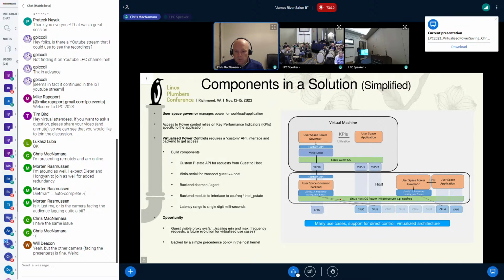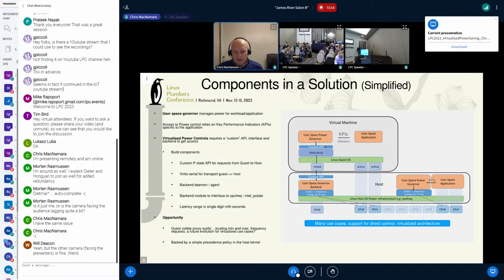Where we can see in this graphic is that we end up in a situation where we have an application that can benefit from power saving. Its utilization is preventing some of the traditional or typical techniques that we have from being able to make any power saving decisions. We have a customer base that isn't necessarily looking to implement or change their applications. So introducing this user space power governor is received pretty well.